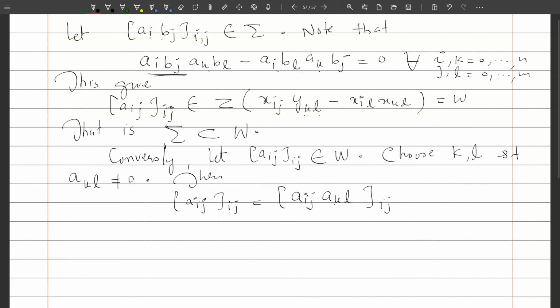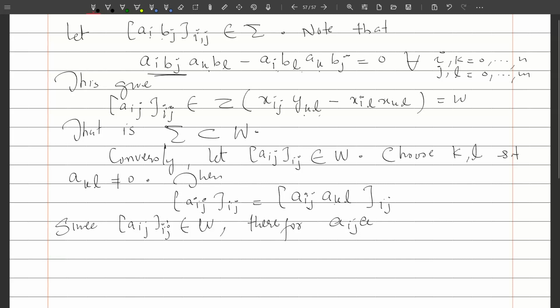So since a_ij is inside W, therefore the ijth coordinate of this vector,